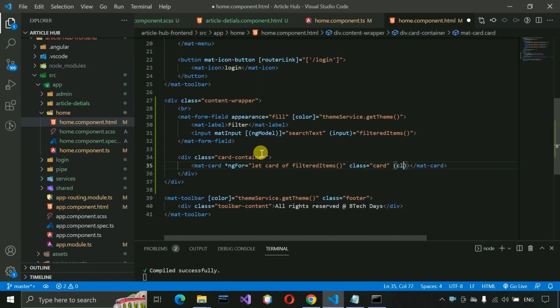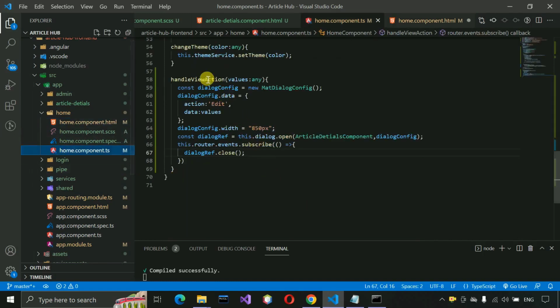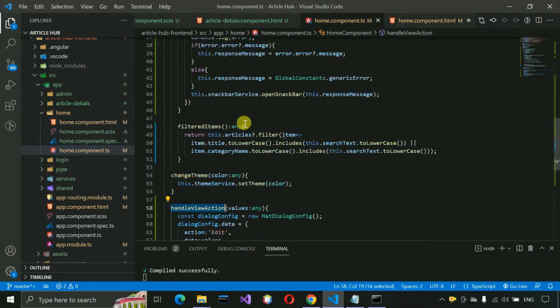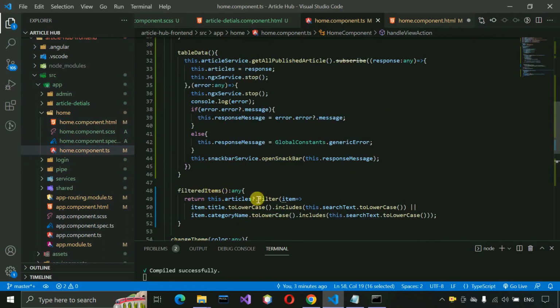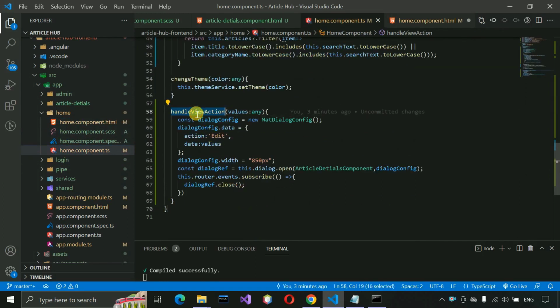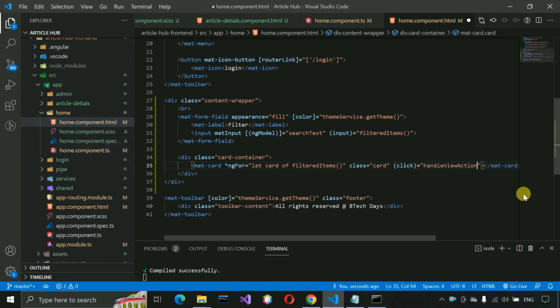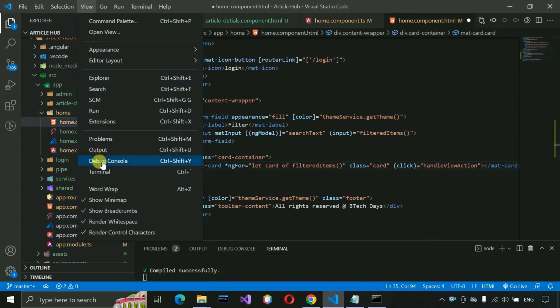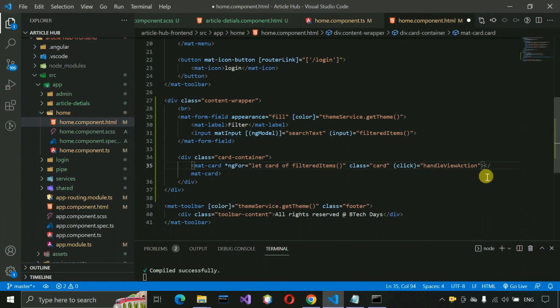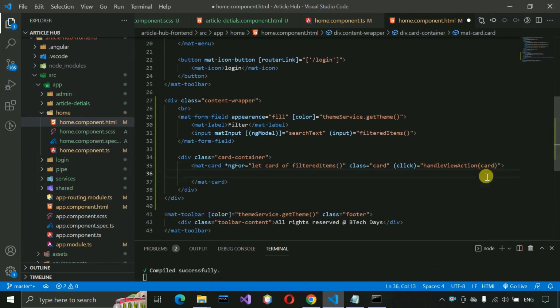And on click, here we just need to call handle view, this one. Copy this one and paste it over here. Let me wrap this item here, and here we need to pass whatever value we have. So here we are going to pass the card value, and inside this one mat card header,